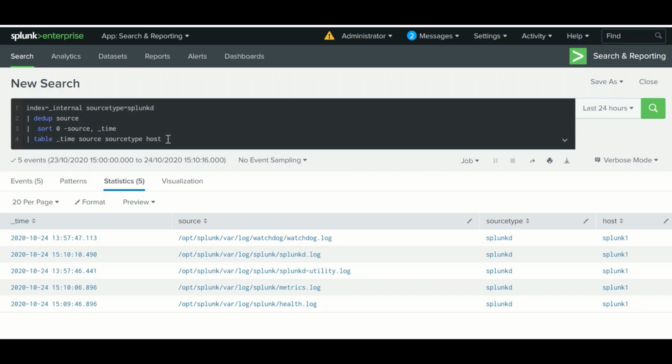What is the use of pipe? The pipe will forward the output of the previous search as an input to the next search or next function, whatever you are using.